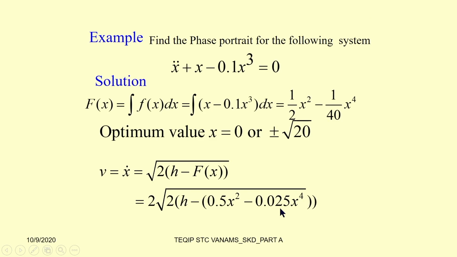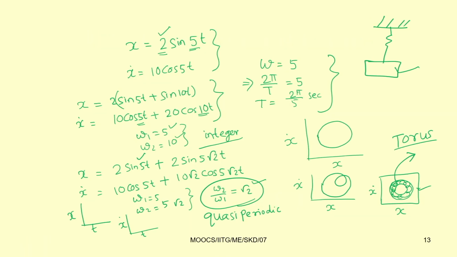Now you know two different types of response. One is the periodic response, where the response repeats with time. If it can be represented in terms of harmonics, then it is harmonic, but it is periodic also. The harmonic responses are also periodic responses. Note all harmonics are periodic, but all periodic are not harmonic response. So you know the periodic response and also the quasi periodic response.